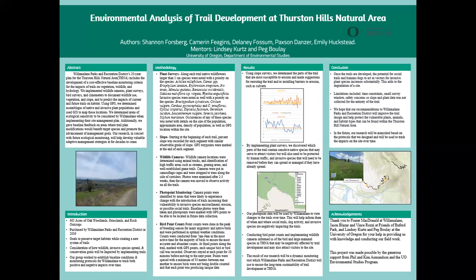From our slope surveys, we determined which parts of the trails would be most susceptible to erosion and where this could be avoided by installing barriers, such as culverts. The first graph depicts the percent slopes of trails 1 and 5. Using our plant survey data, we mapped the parts of the trail containing sensitive native species and aggressive invasive species. This will inform Willamalane of where attractive native species are located along the trail and where invasives will need to be managed. The first map is of points along trails 4 and 5 that contain native and invasive plant species.